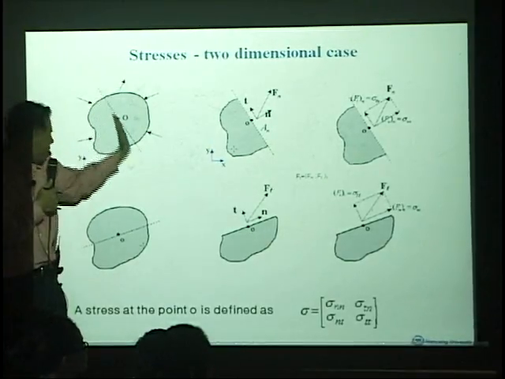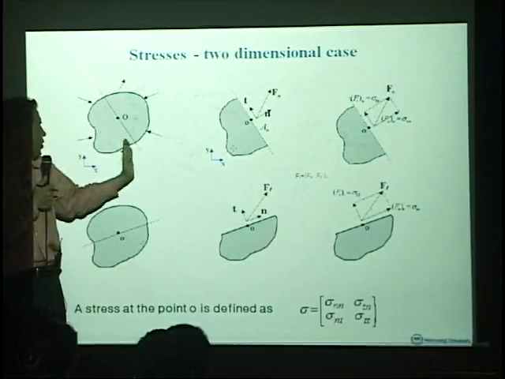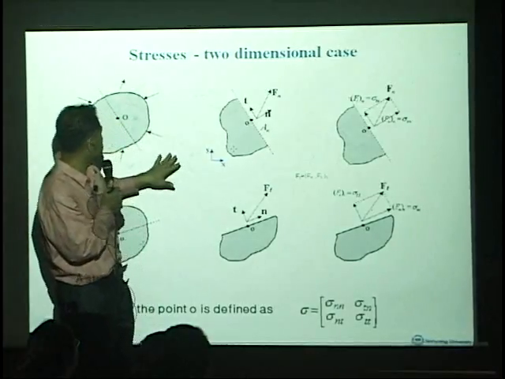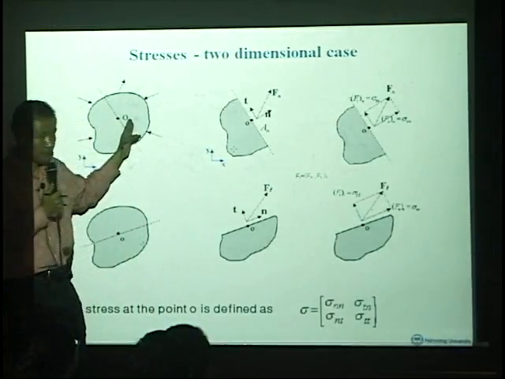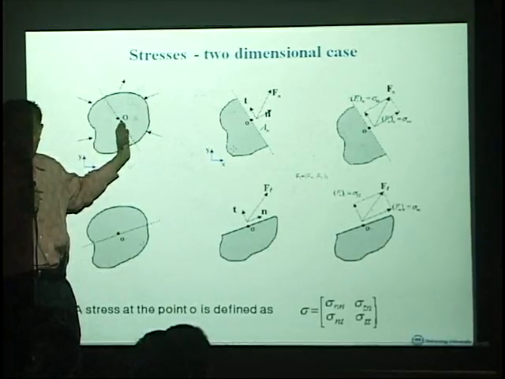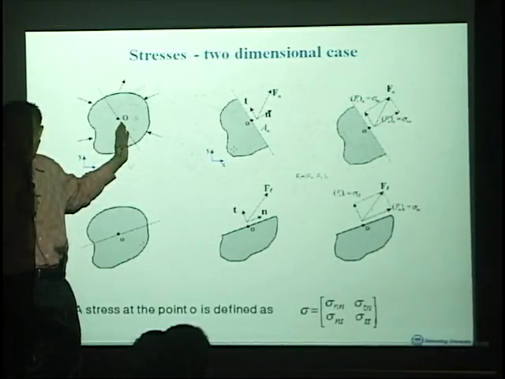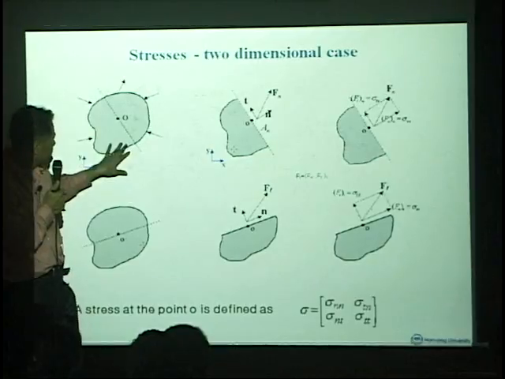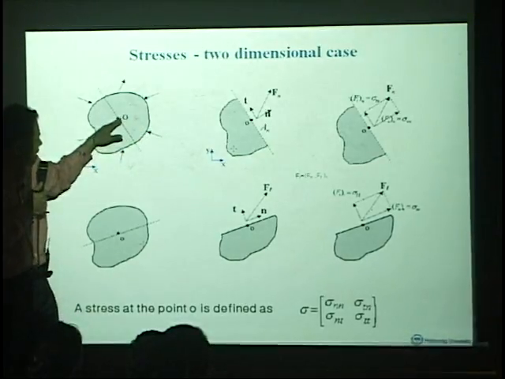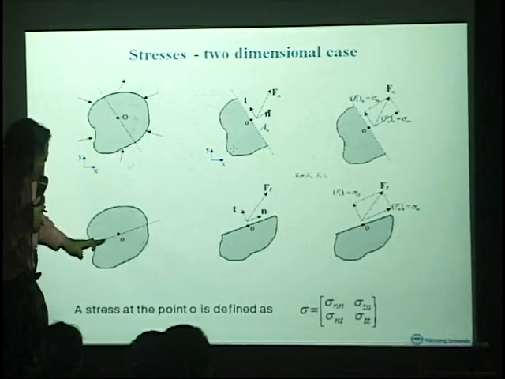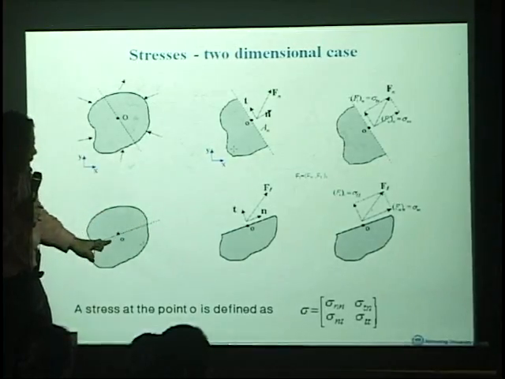And if we cut through any plane, we have two bodies. And inside, what will happen here, we will have an internal force. Internal force will be in force equilibrium with external force. And this body we can also have a different cutting like that. And same